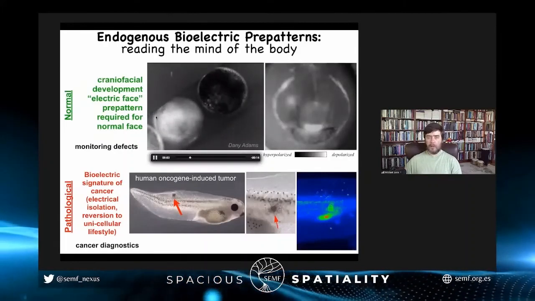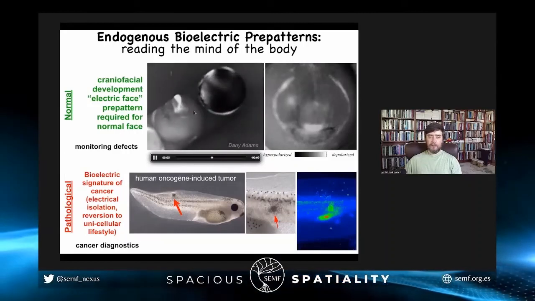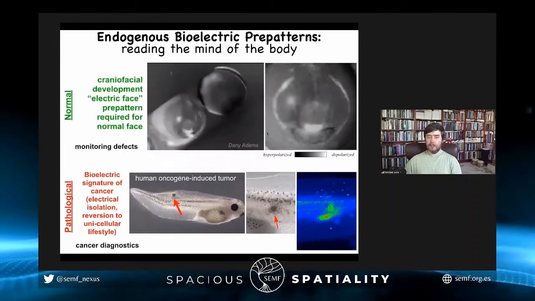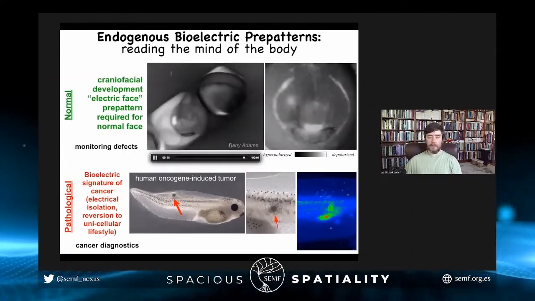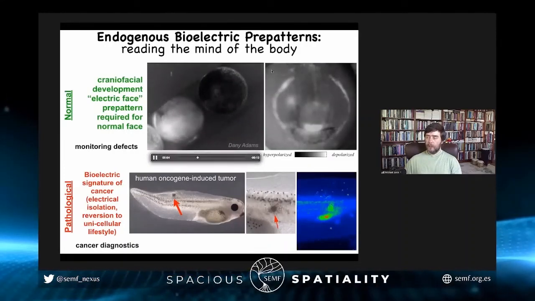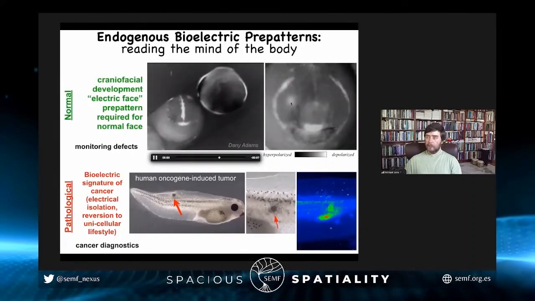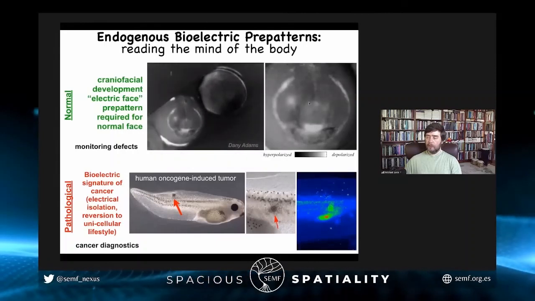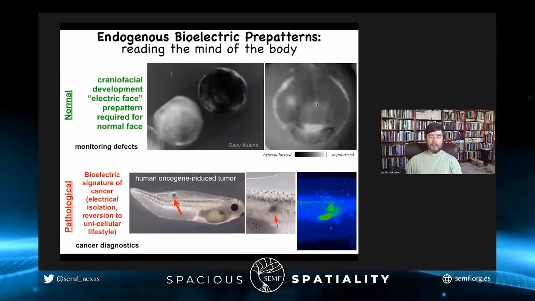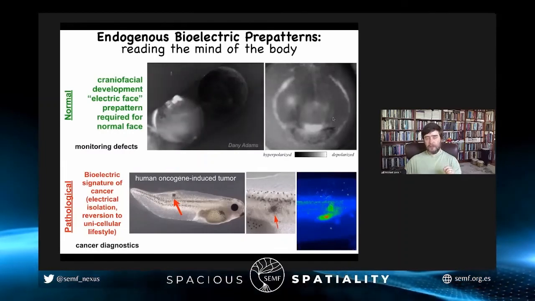Here's a time lapse. It happens to be grayscale, but it's the exact same idea. Here's a time lapse of a frog embryo putting its face together. And what you will see, and this is one frame out of that video, is something we call the electric face, discovered by my colleague Danny Adams. When she was in my group doing this profiling, she found that here's a particular frame from that video where you can see the animal's right eye, the mouth, the placodes. All of this is already demarcated before the genes start to come on and really pattern the face. This is a bioelectric pre-pattern of what the future face is going to look like.